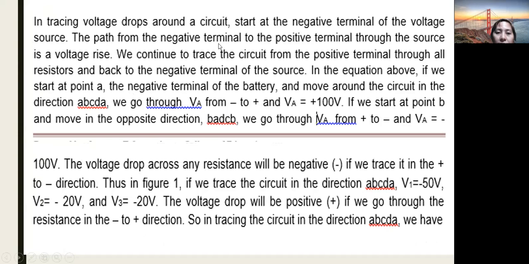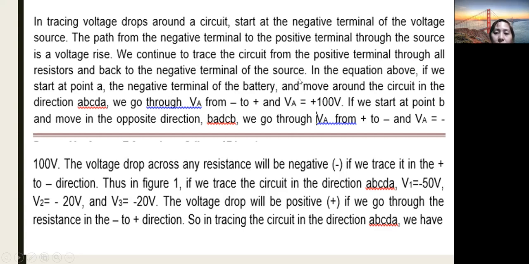The path from the negative terminal to the positive terminal through the source is a voltage rise. So we continue to trace the circuit from the positive terminal through all the resistors and back to the negative